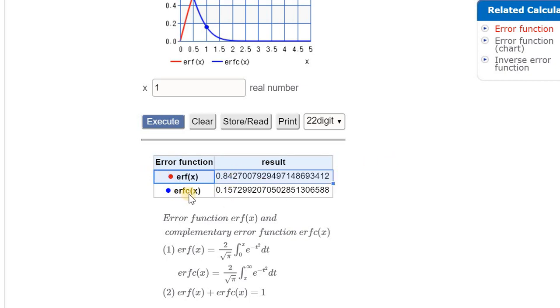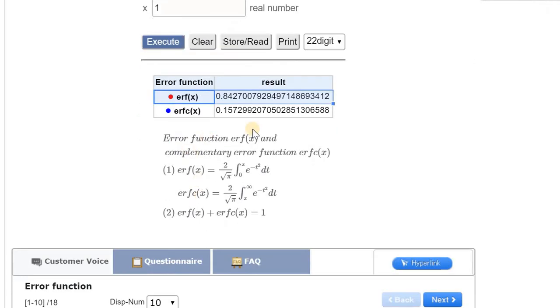This erfc is nothing but the complementary error function. This C is for complementary. So now we are going to study in this session the error function and the complementary error function. Now the error function is defined in this way. You have to remember this particular thing. Okay, so better I'll write it on the board. Error function and the complementary error function. We'll switch to this.